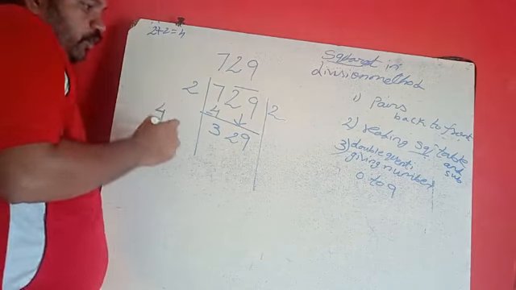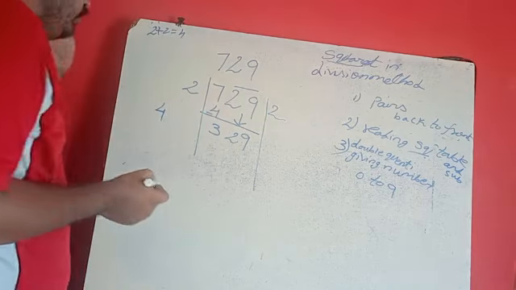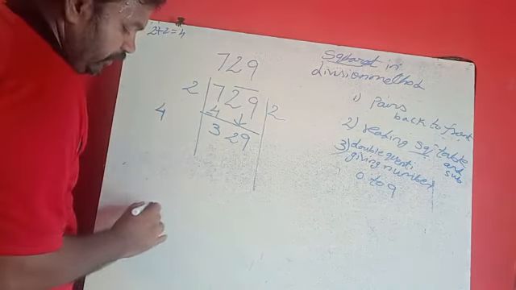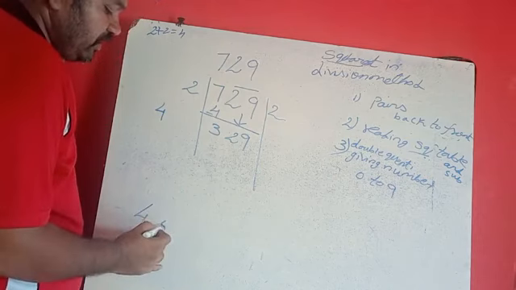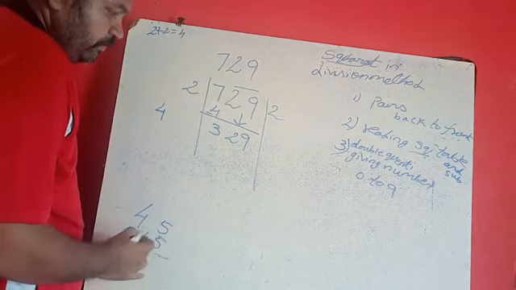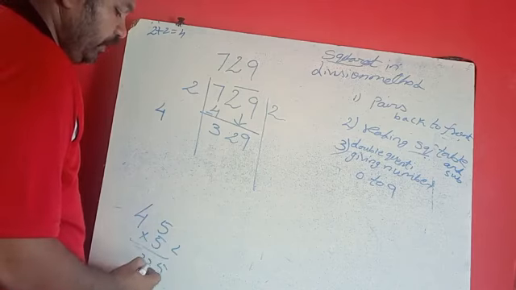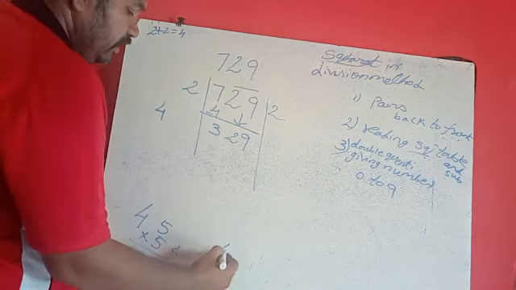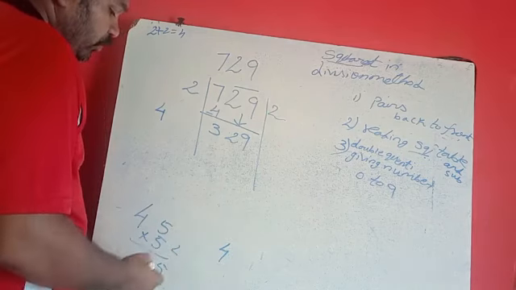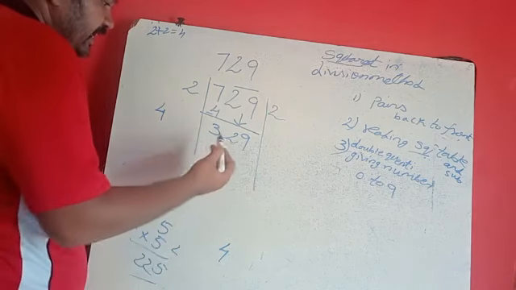Now what we have to do? 4. For this side of 4 we have to give one number. Always I will start with 5. 5 5s are 25. 4 5s are 20 plus 2, 22. Not nearest one. So nearest one means here we have to go for further numbers, up to getting the nearest number.